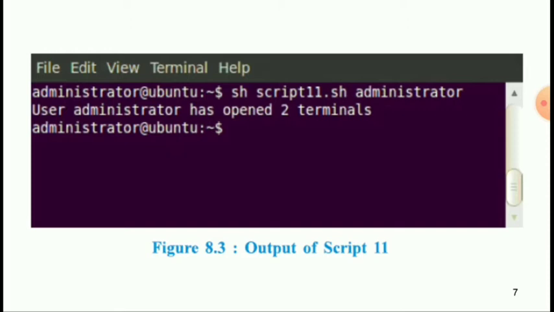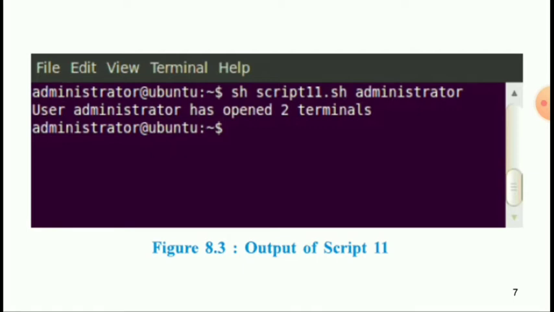So in chapter number 8, all the scripting is run from the server side. You must have observed that the script is executed in a similar manner as we have executed the previous script, but here we have specified an additional value, administrator. The readers may specify any name of their choice.